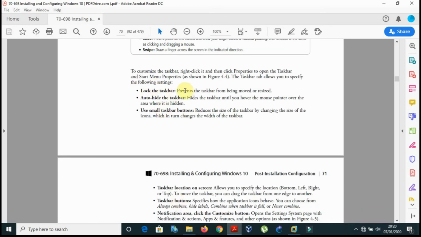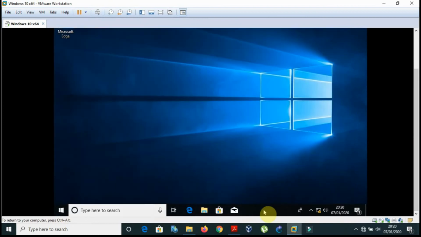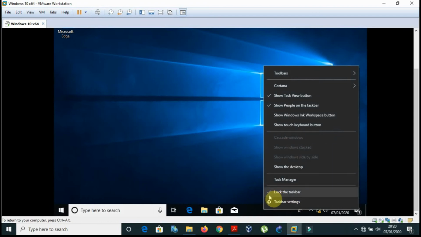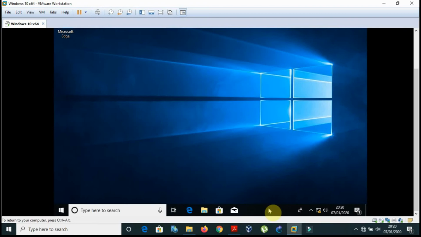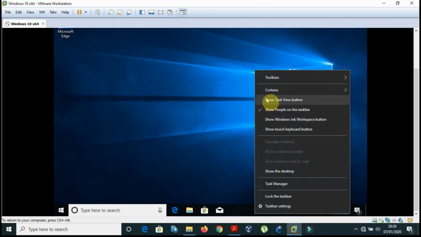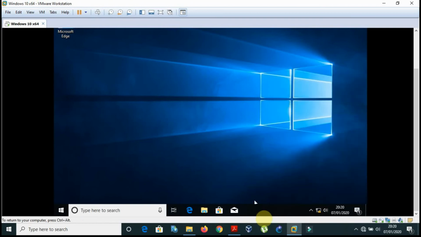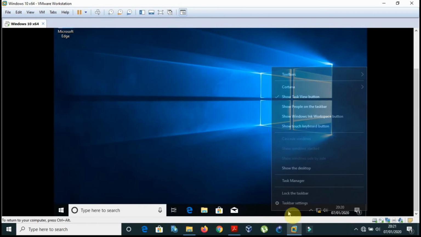It says lock the taskbar, which prevents the taskbar from being moved. So how to lock the taskbar is you go here, to the taskbar. If you go here, the lock is ticked. If I take it out, then this lock bar might hide. Now, show the task view button. And here there are a few options. I don't want to see people here. So now my taskbar is not locked. Normally it should go back and forth, but if I go to taskbar settings,